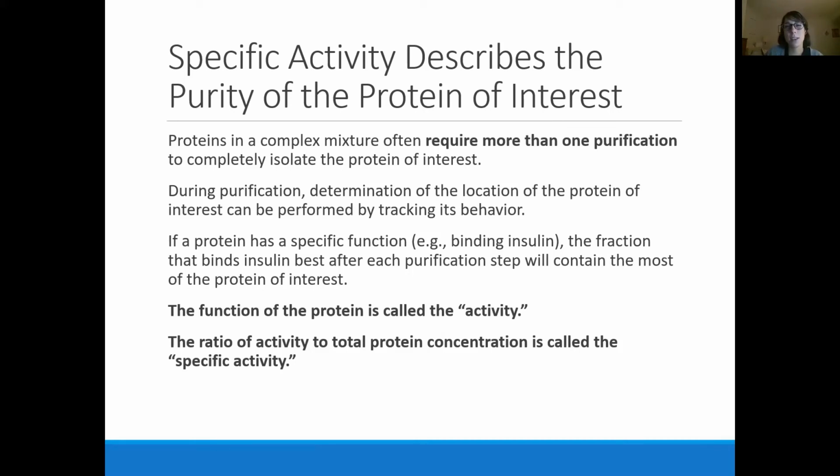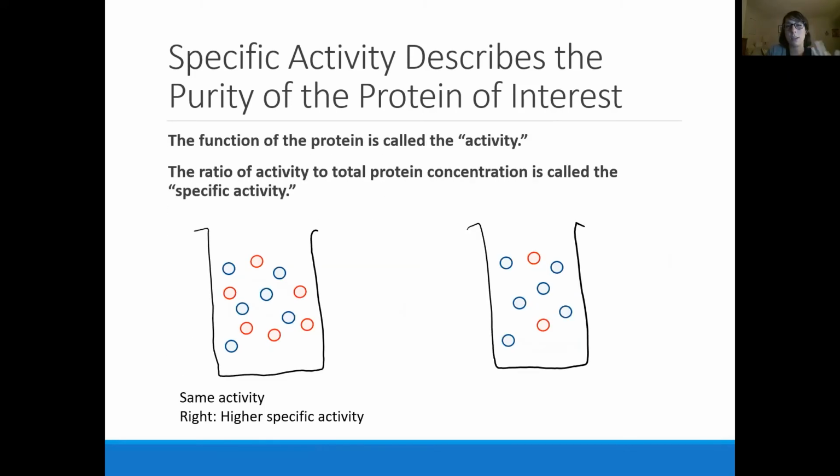The ratio of the activity to the protein concentration is called its specific activity. And I'll give you an idea pictorially of what that means. So again, if I have beaker A and beaker B, and they have my protein of interest in them, they might also have some other protein in there, so they still might be slightly mixed. In beaker A and in beaker B, my activity is the same. So if my protein of interest is the blue protein, we'll say